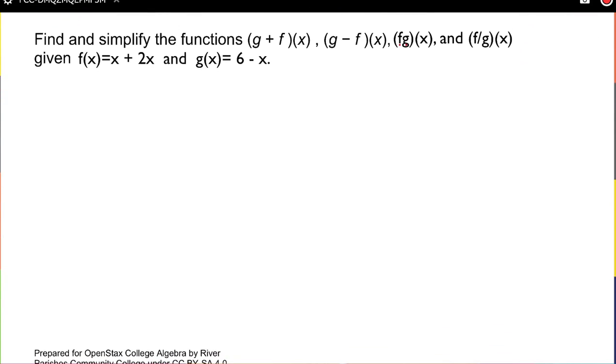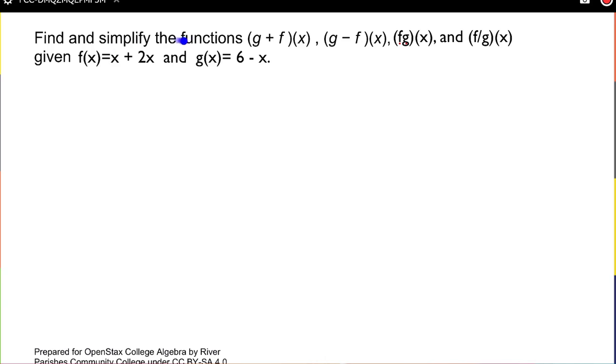So we want to find and simplify the functions g plus f of x, g minus f of x, f times g of x, and f over g of x, given f of x equals x squared plus 2x, and g of x equals 6 minus x squared. Okay, so we're going to basically do four problems. The first problem is g plus f